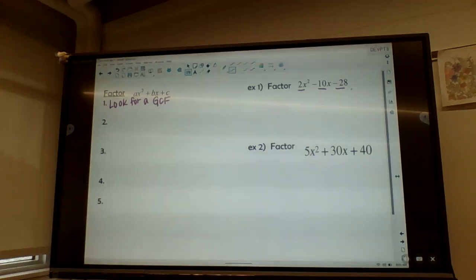And I'm going to tell you just about everything today is going to have this GCF. So if I look at the 2, the 10, the 28, they can all be divided by 2. So 2 is my GCF, so I'm going to factor that out. So if I divide these all by 2,